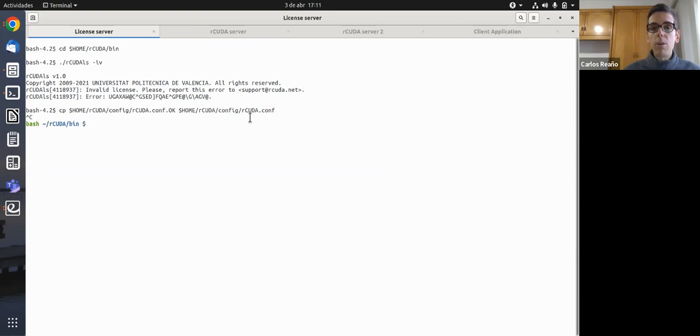I'm going to skip this because this is a shared cluster and the license server is already running. But in your case, you just go to the bin folder of the Arcuda package, run the license server, send the error to support, and you will receive the key.